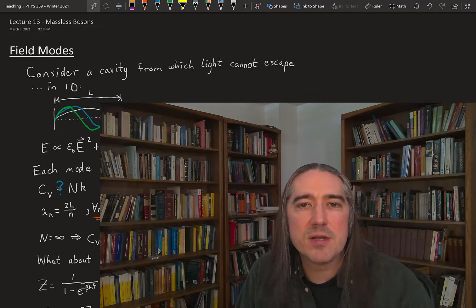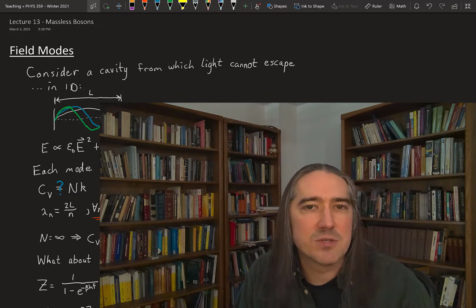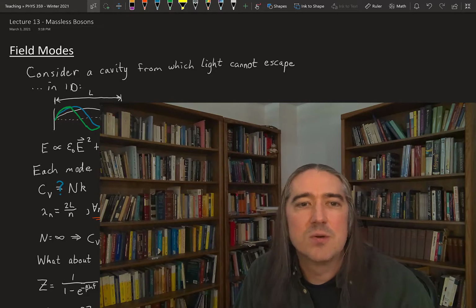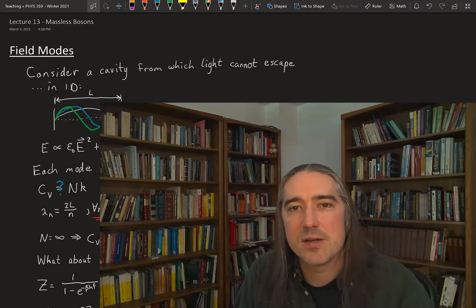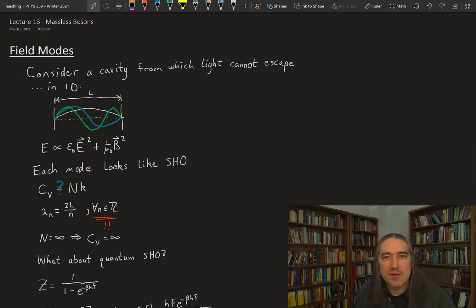But at the beginning, we want to start a little more generally just because there are other types of massless bosons. In particular, we'll talk about phonons, which are particles of sound, and magnons, which are sort of particles, not really particles, quasi-particles of magnetic excitation. So photons aren't the whole story, but they are the biggest part of the story, and that's why we'll specialize to them partway through the lecture. For concreteness, we will actually start talking about light and then step back to take a little more general formalism.